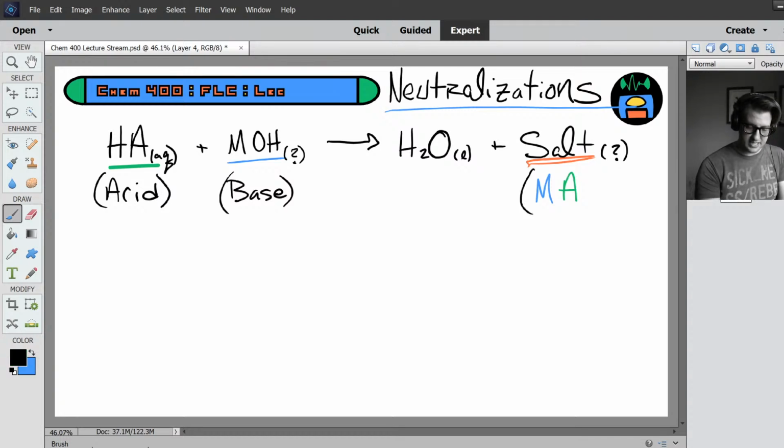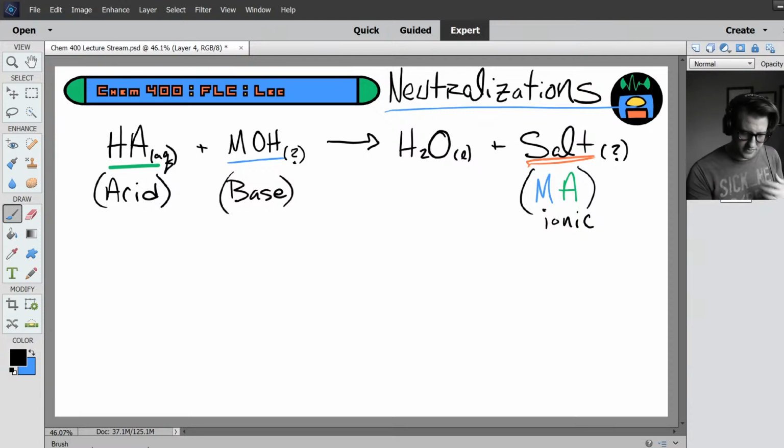All right, so it's going to be some ionic compound where the metal cation from your base is the cation for the salt, and the anion for the salt will be whatever is left over after the base strips away all the protons from the acid in the reaction. All right, so let's